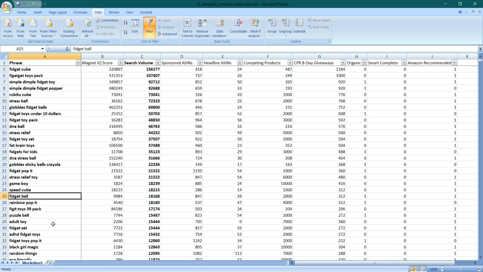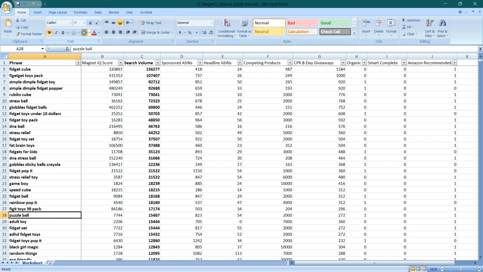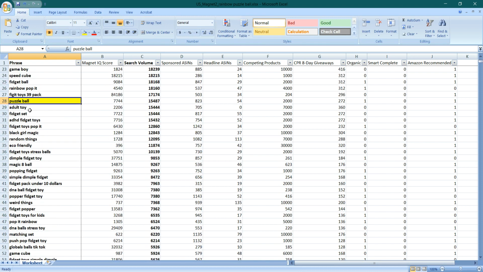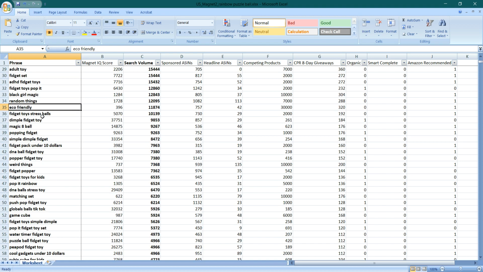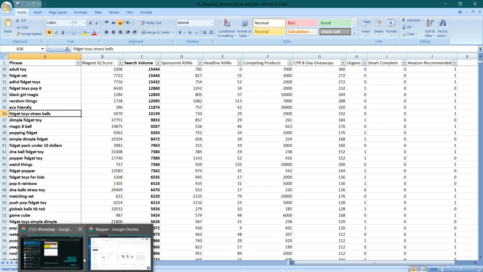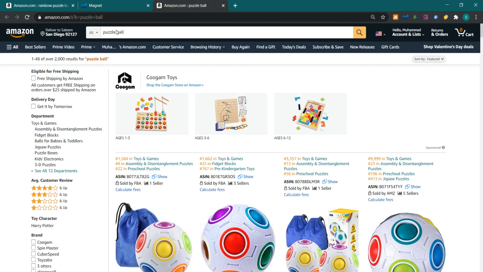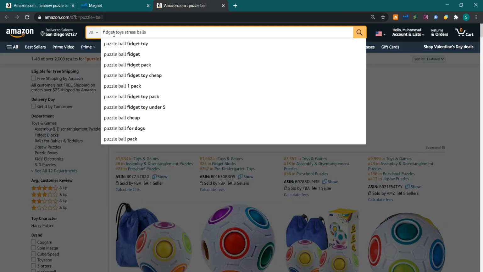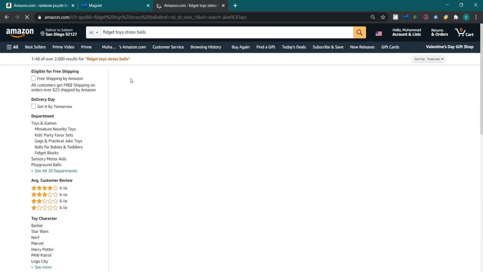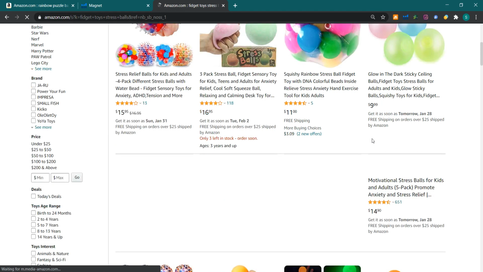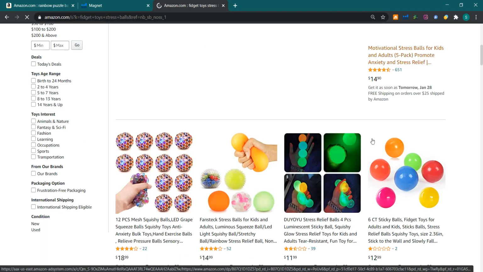So the first keyword I found is puzzle ball. I will highlight this keyword with yellow color. Now I will find more keywords. Fidget toys, stress ball. I will search this as well. Alright, so this is some other kind of product.